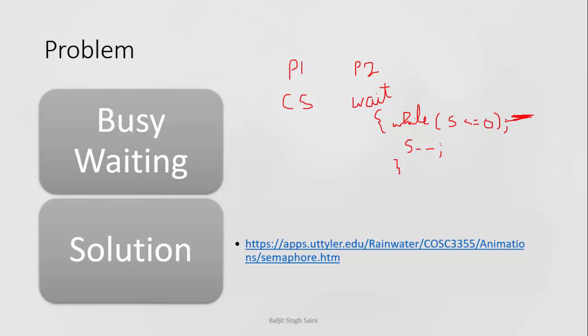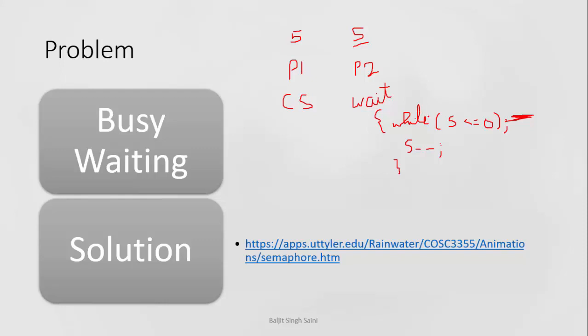If it is a multiprocessor system, if it is a multitasking system, you know that every process is going to get some fixed time. So let us suppose that fixed time is 5 seconds. So P1 will get 5 seconds, P2 will get 5 seconds. For these 5 seconds, P2 is doing what? It is just executing what? While s less than equal to 0, while s less than equal to 0. So it has kept the CPU busy for 5 seconds, but what it is doing? It is just waiting for the value of s to be changed from 0 to 1. उसने CPU को बिजी रखा, पर किया क्या? कुछ नहीं, just waiting for the value of s to be changed to 1. So this situation is called busy waiting.